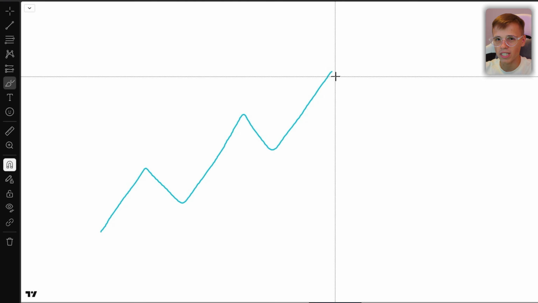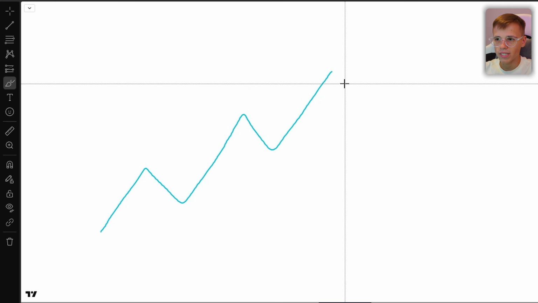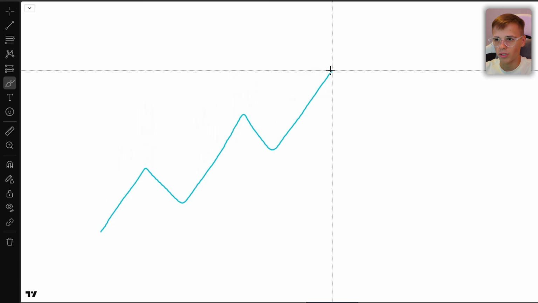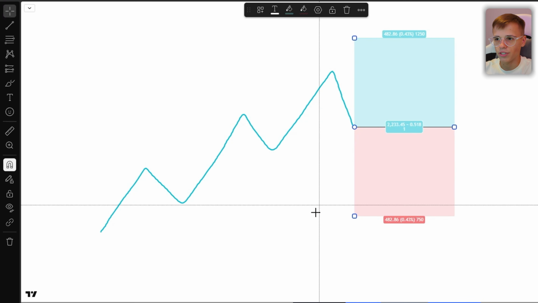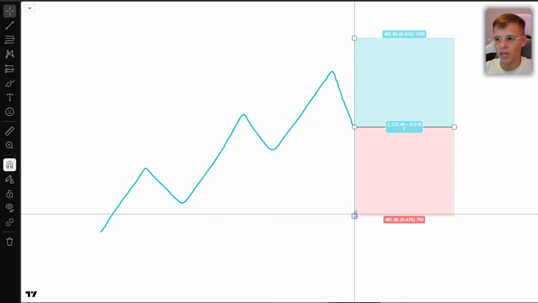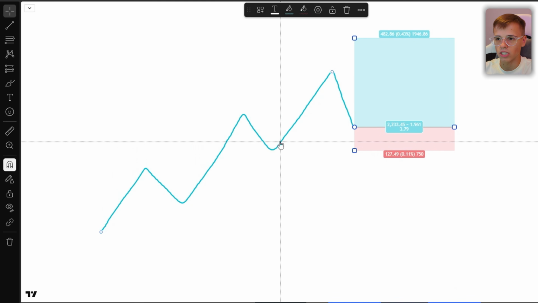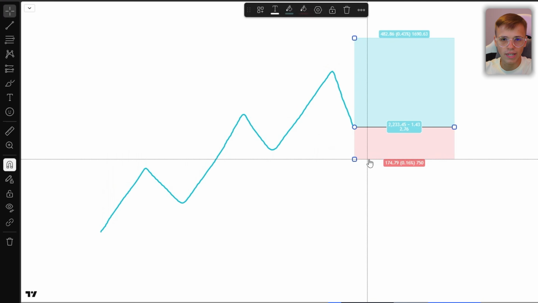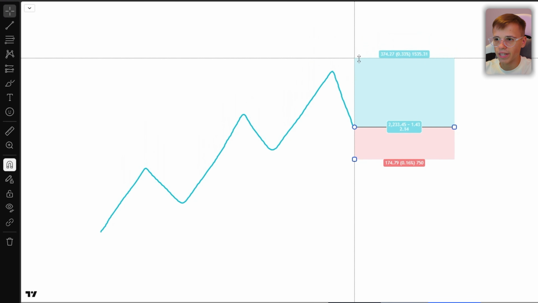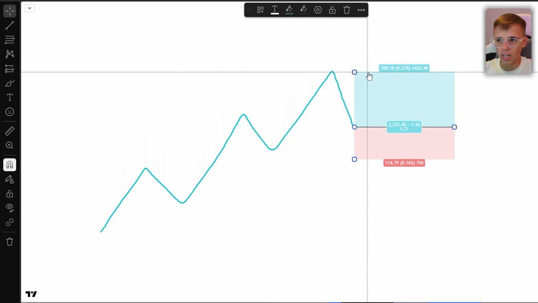So we always need to see some kind of manipulations, and what these manipulations are: liquidity. And why do I say that? Because if a lot of people are going to enter on this pullback right here, tell me, where are they going to place their stop losses? So their orders are going to look, let's say, entry right here, because they are expecting move to the upside. Their stop loss is always going to be on the most recent high or low like this. So basically they are just going to put their stop losses right below the low like this, maybe not exactly on the low, but just right below, and they are going to target, let's say, this high up here. And what's gonna happen?